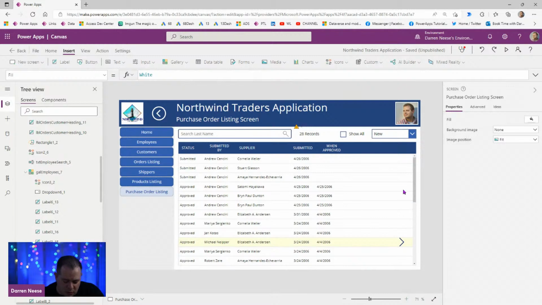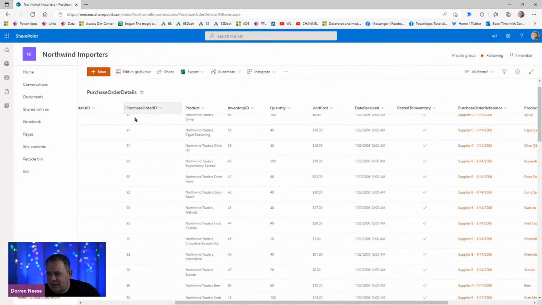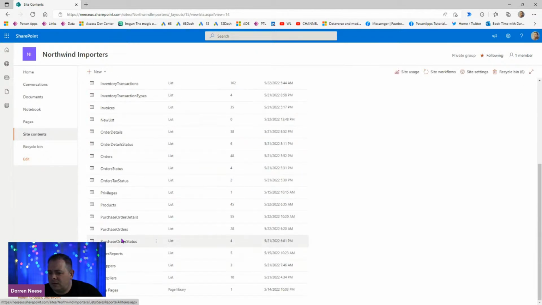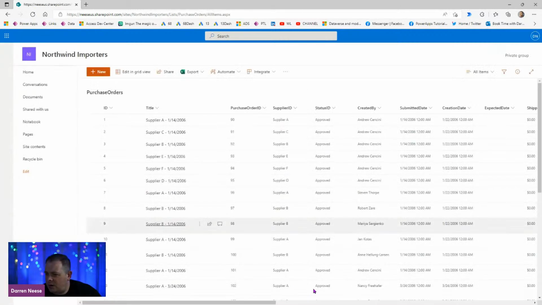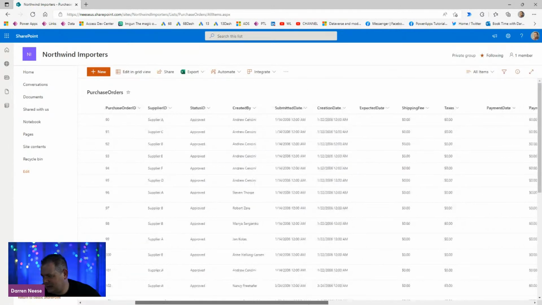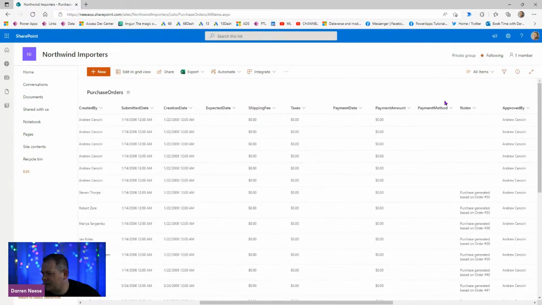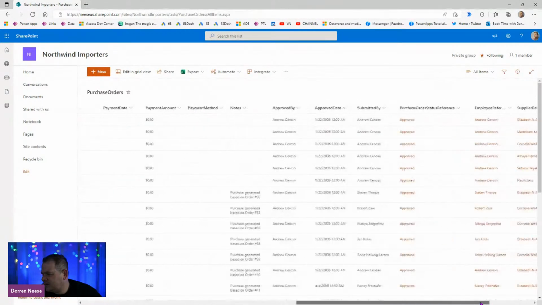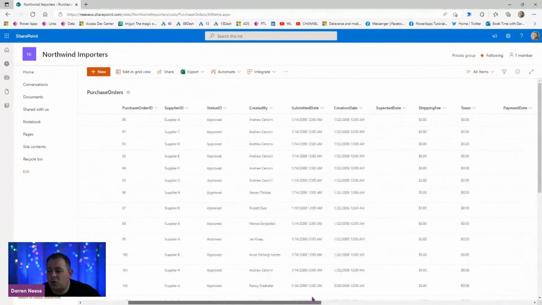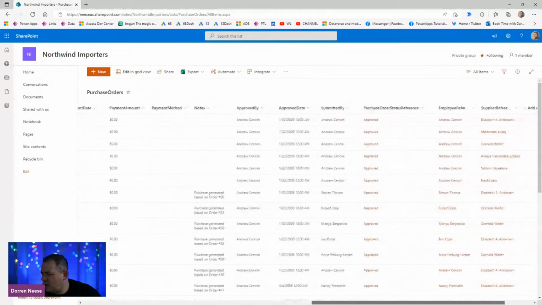So the reason why I wanted to know that was one of the things that you might want to know for a purchase order is what's the total for the purchase order? Because when I looked at the purchase order data here, go to purchase orders and purchase order details. Okay. So if I go into purchase order, I was looking for a total and I did not see it. I see shipping fee, taxes, and normally if I was designing this database, I probably would put a total here. But because we don't have it,